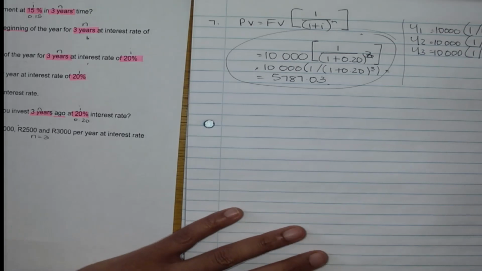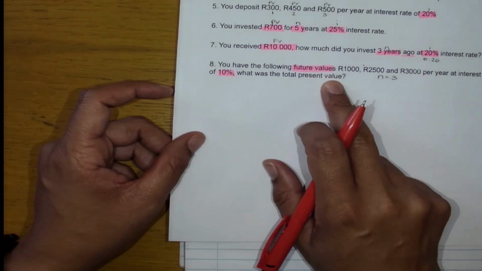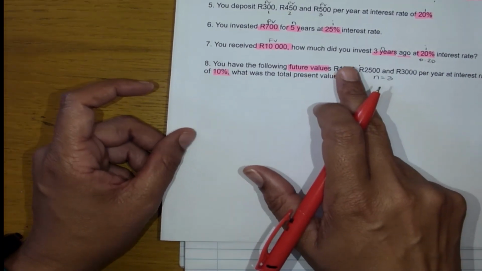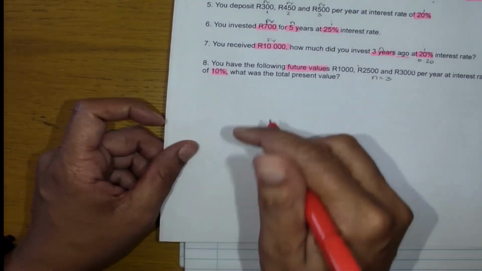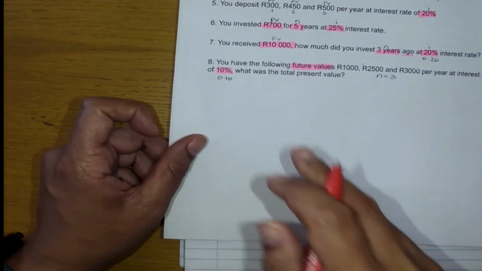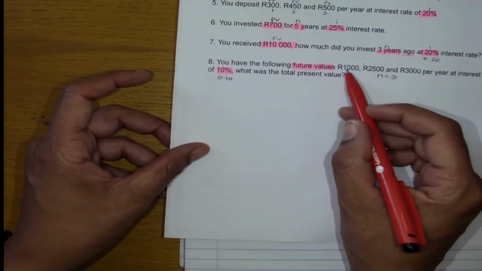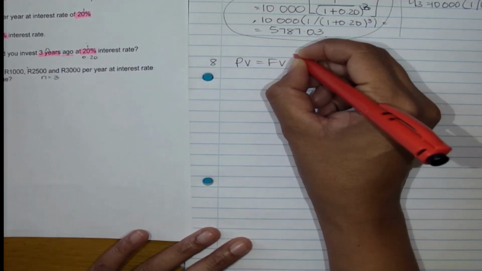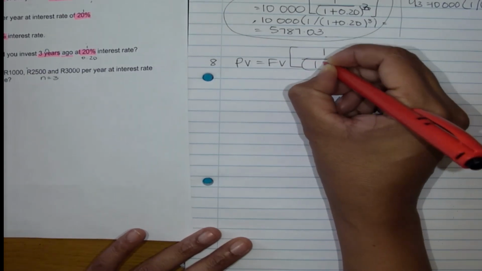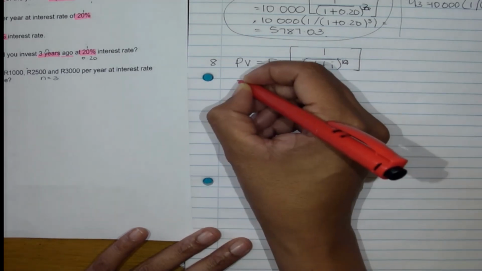Okay, now we've got our last question, which is question 8. Question 8 says you have the following future values: 1,000, 2,500, 3,000 per year at an interest rate of 10%, which is 0.10. What is the total present value? Now because they split it into years, you must also split it. So the first thing we do, we're going to say present value is equal to future value, open bracket 1 plus I, close bracket, to the power n. So I'm going to say year 1